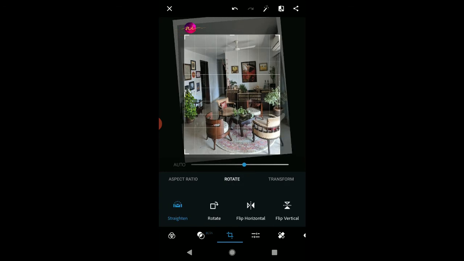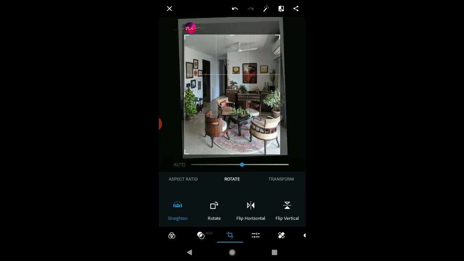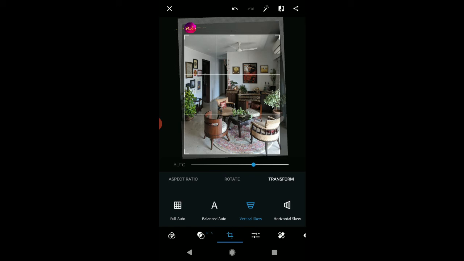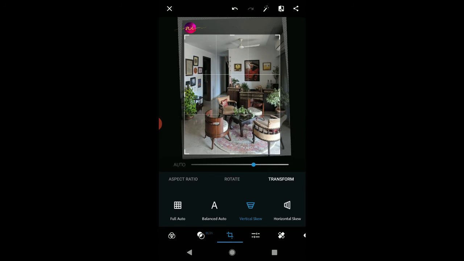Adjust the rotation again. Sometimes you have to go back and forth trying to figure out which part of it is the rotation and which part of it is the skew. So this is pretty much as straight as I think I can get it. And then we go